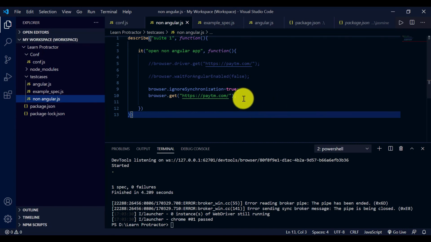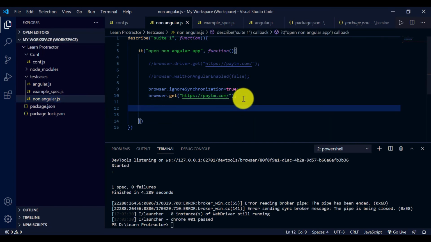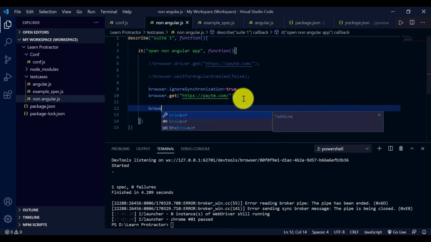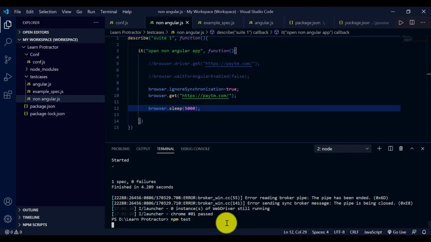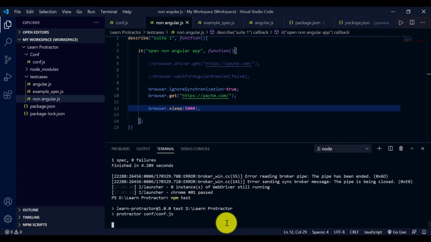Let me give some sleep also so that you can see it visually. Browser.sleep, and let's give a 5 second wait. Let us run this npm test. Now it should open two browsers.